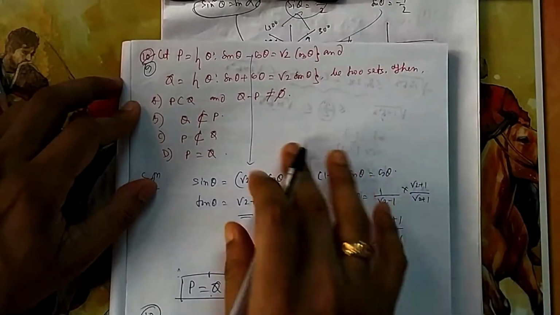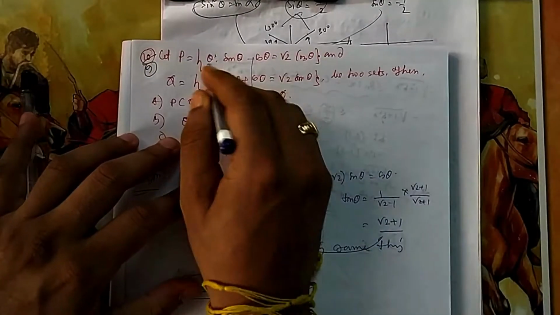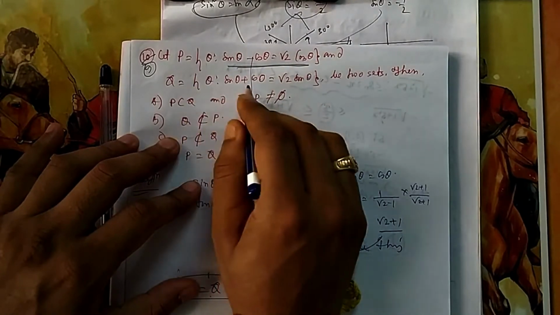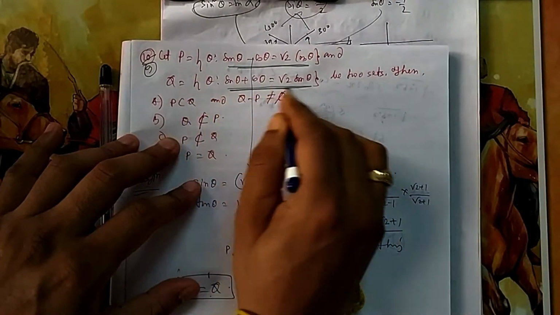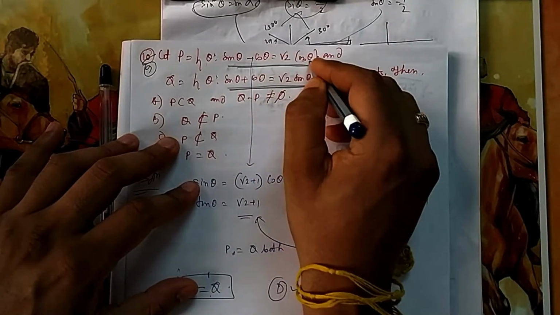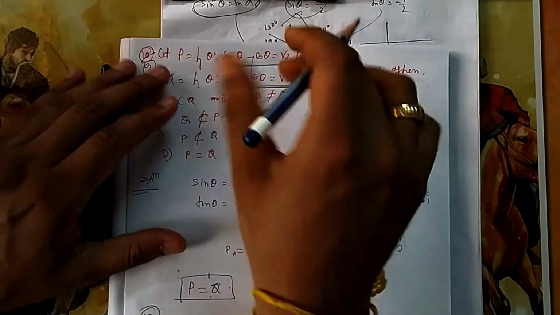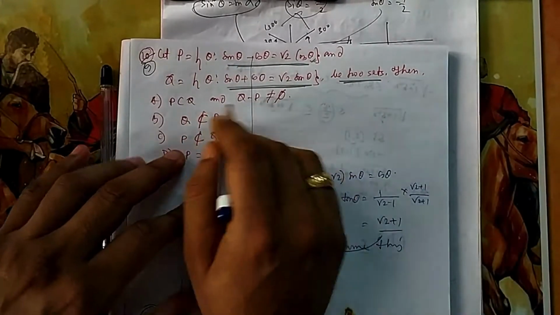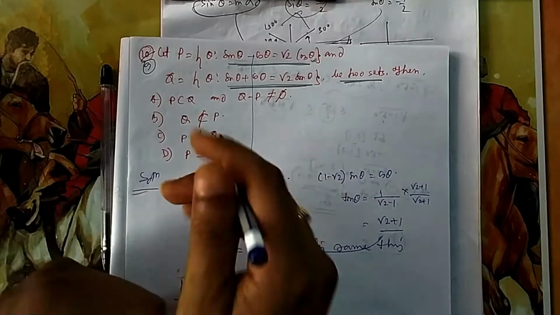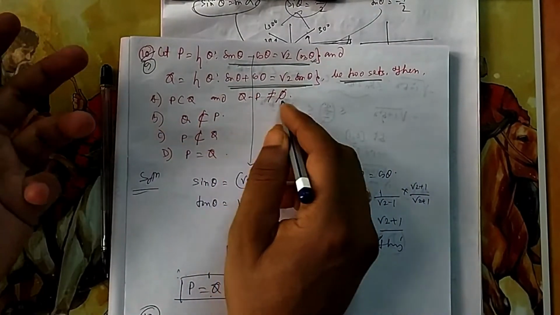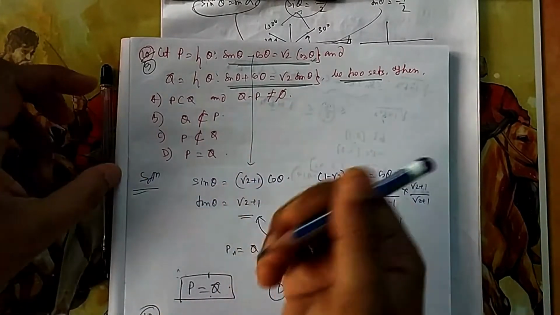Now in question number 9, they have given one statement: P is equal to theta such that this equation should be satisfied, and Q means another equation which this theta will satisfy. There are two sets. The solution from here is given in the P set, and the solution from here is given in the Q set. Now you have to find the relation between these two sets, whether there is anything common, which one is a subset, which one is equal, or whether the difference is a null set.